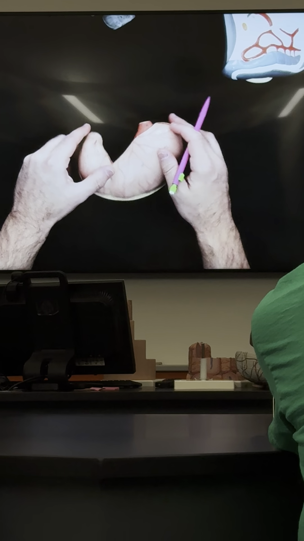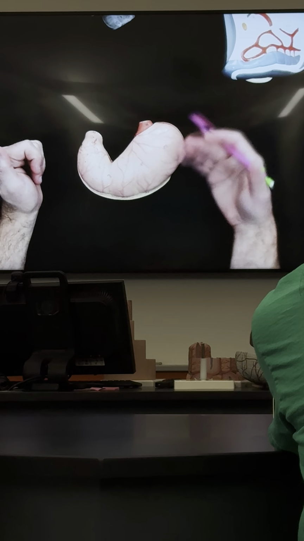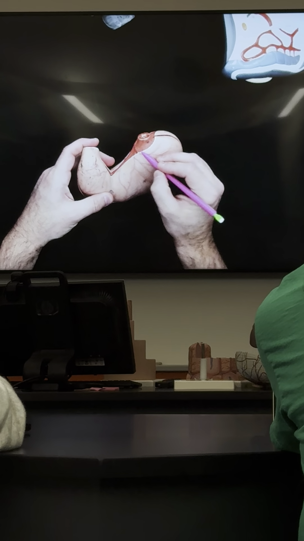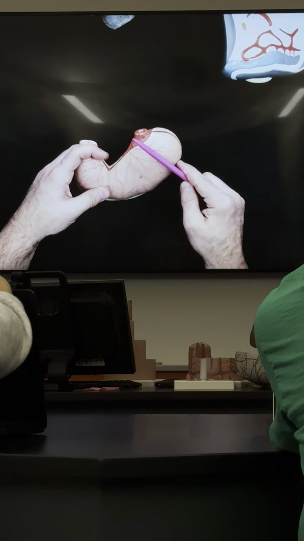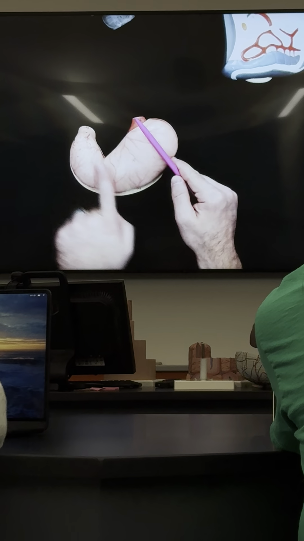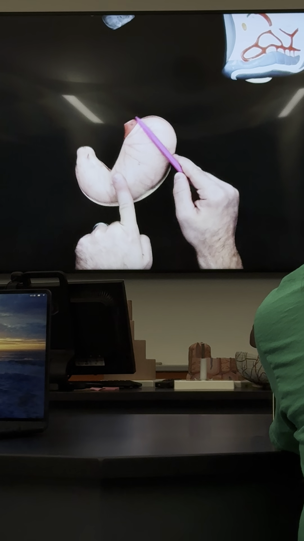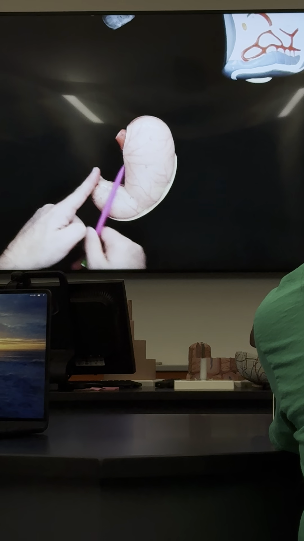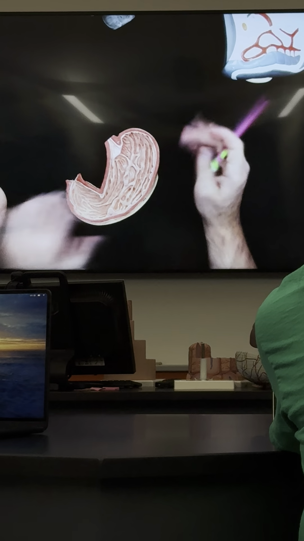Okay. I'm going to do this twice, once on the outside, then on the inside. It's going to be better on the inside. But this area right here, that's the cardiac part. Above the pencil, fundus. Between pencil and my finger, body. Pyloric part with the antrum and the canal. On the inside, it'll make more sense, especially right here.